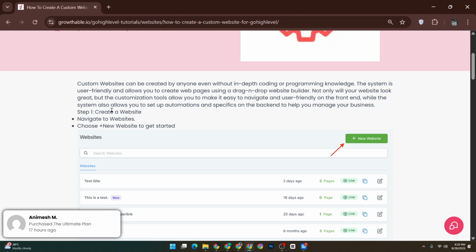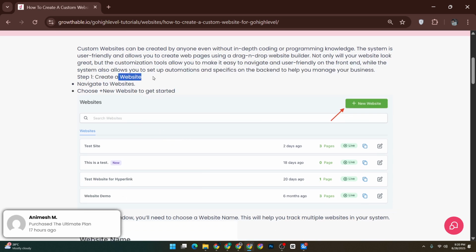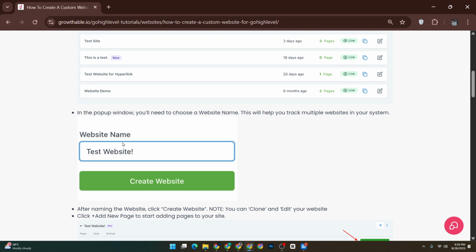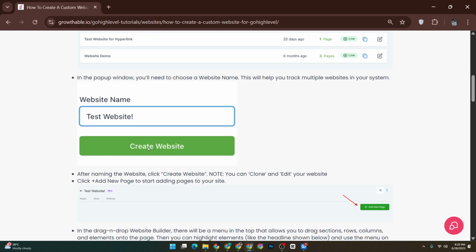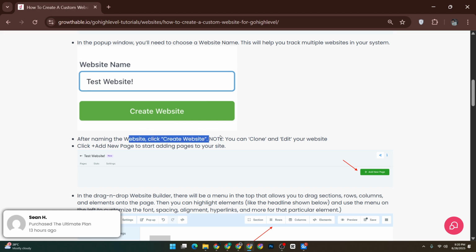The first thing you'll want to do is head into your Go High Level dashboard and navigate to the website section. Once you're there, click on New Website to begin the setup. A pop-up will appear asking you to choose a name for your website. This may seem like a small detail, but it's important, especially if you plan on creating multiple sites later on, because the name is what helps you track and manage them inside the system. After entering your chosen name, simply click Create Website, and just like that, your new site is added to your